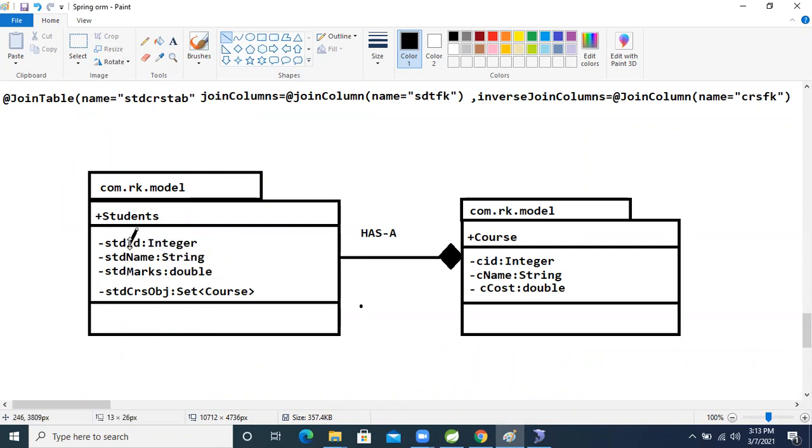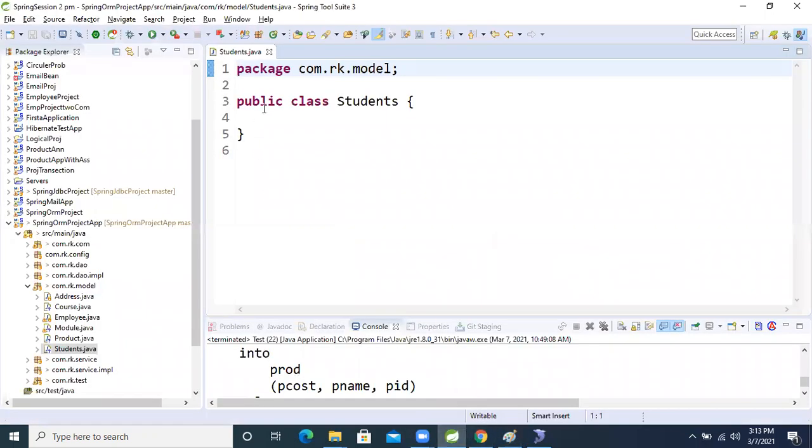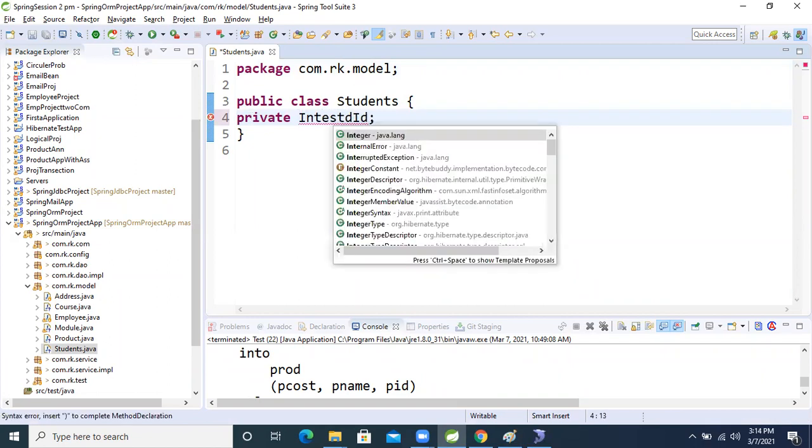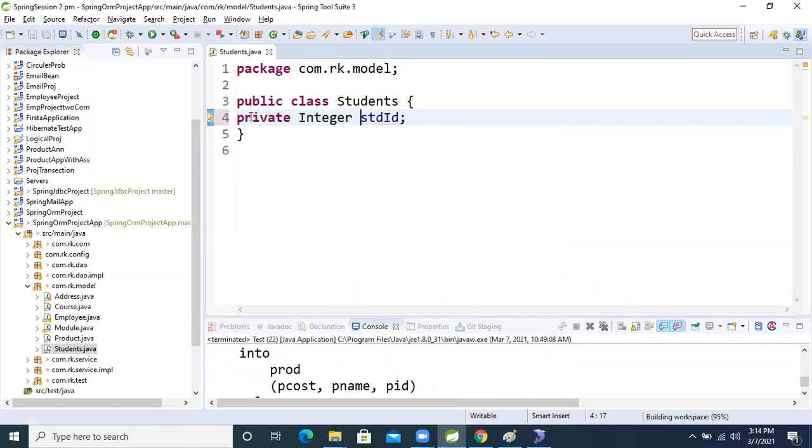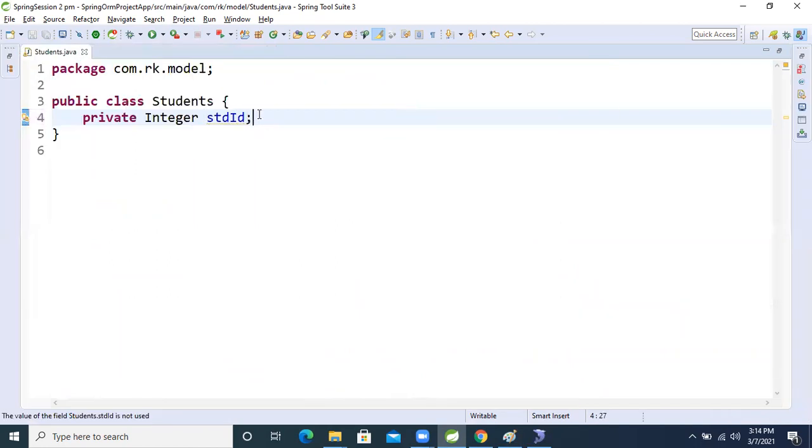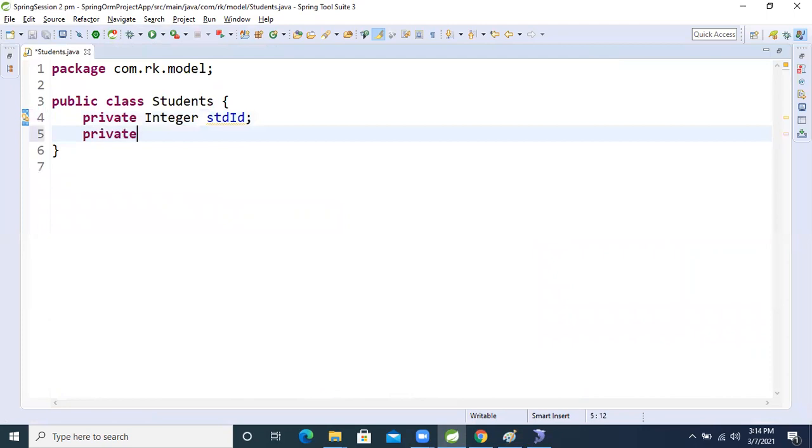Based on these four attributes, we will write it. Come inside the class. Private Integer stdId, student id. Private String stdName, student name.